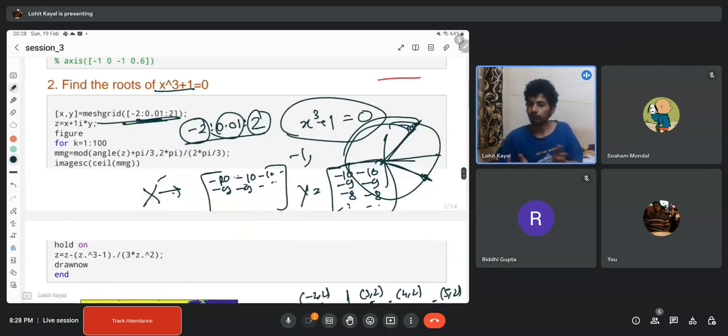You can do it using a for loop, but here we can just do it in one line. This is meshgrid, and here I am defining my z equal to x plus 1i times y, where 1i is the imaginary unit. Okay, so I will get a matrix